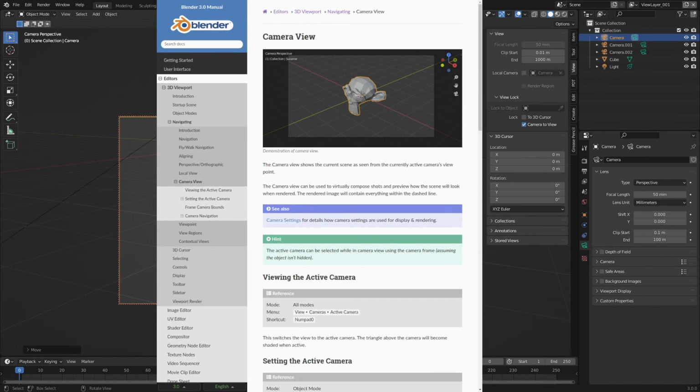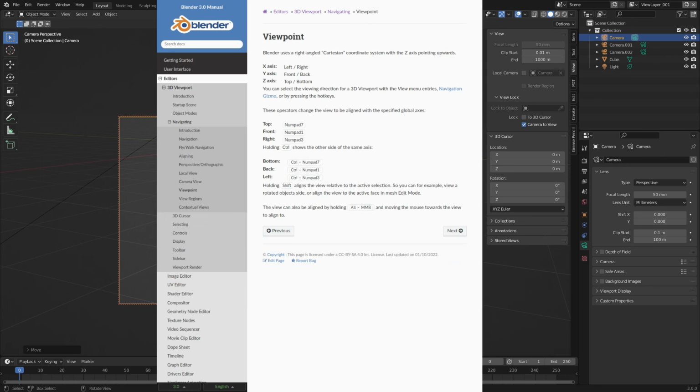So that was the camera view document. I will see you guys next time as we talk about Viewport, which we have gone over most of these a thousand times, but